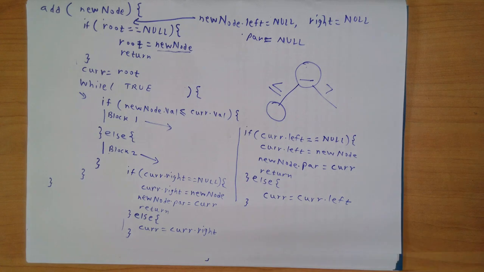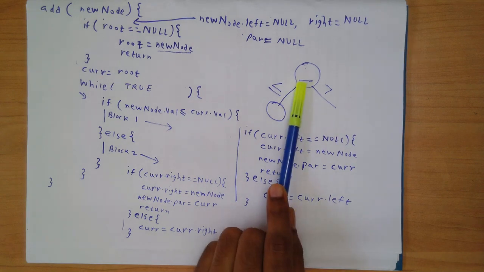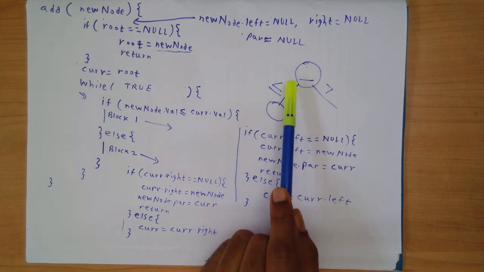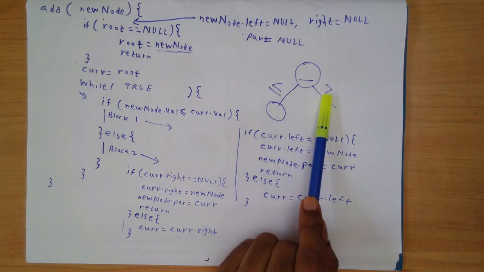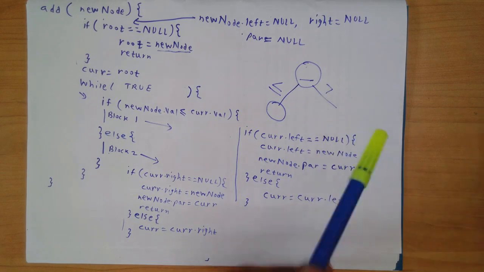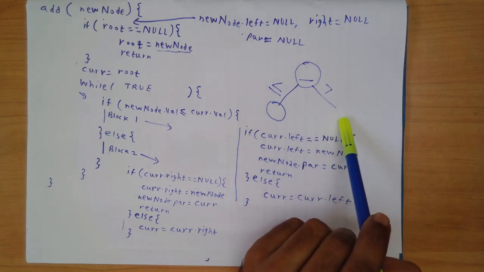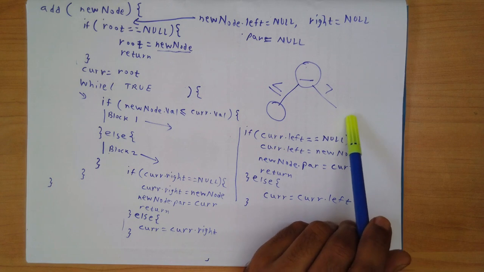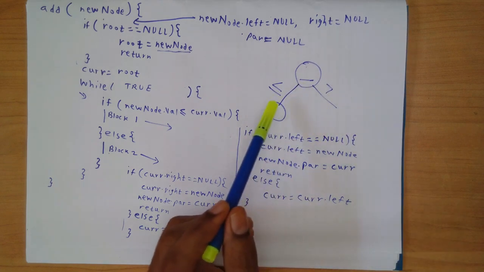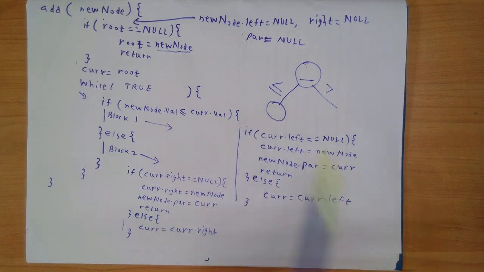So now let's think about the time complexity of this algorithm. We start from the root. Best case, there is no root, you insert it here. Otherwise, the second best case is that you find out that the new value needs to go to a particular branch of the root, and that branch doesn't have a child for root. So you insert the node there. But otherwise, you need to go and search into the corresponding left subtree or right subtree for the right place to insert your new node.